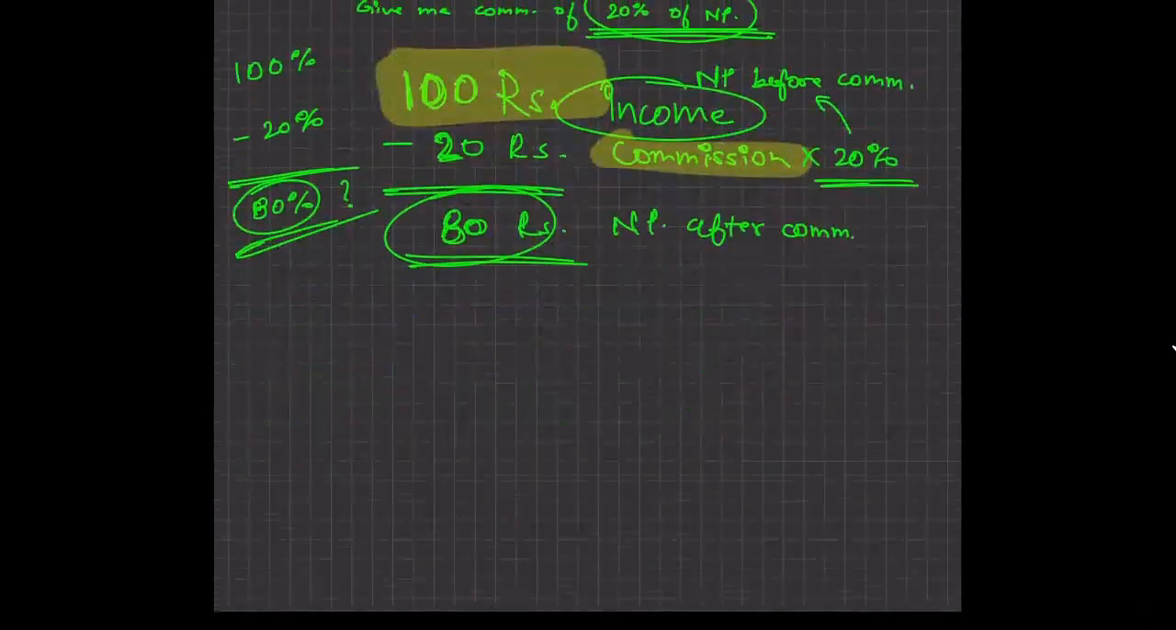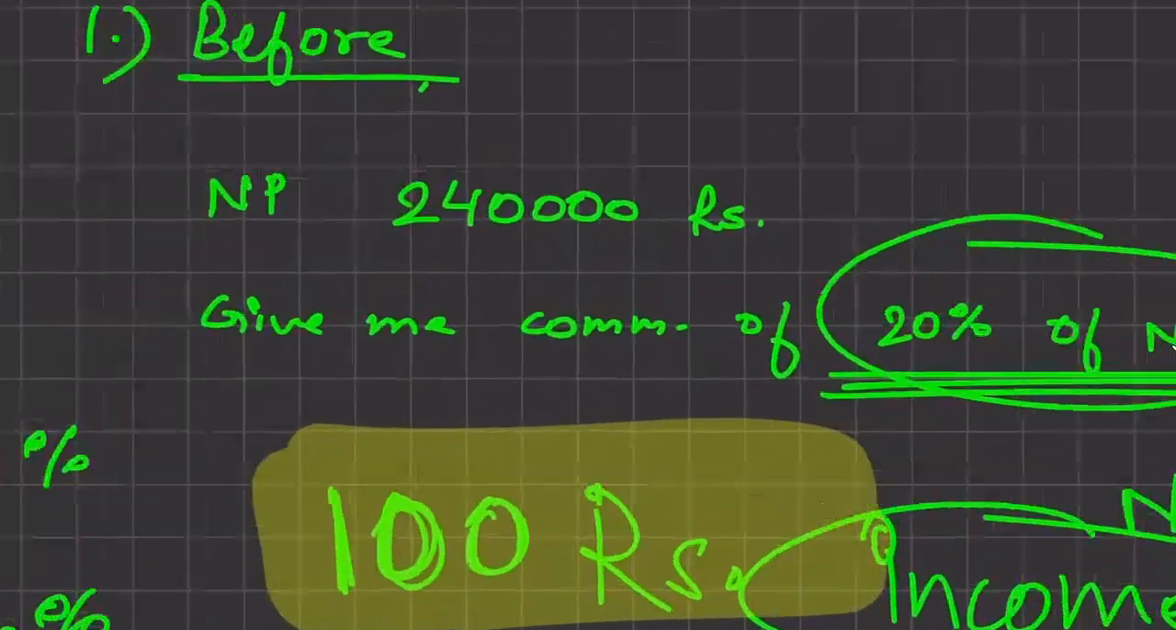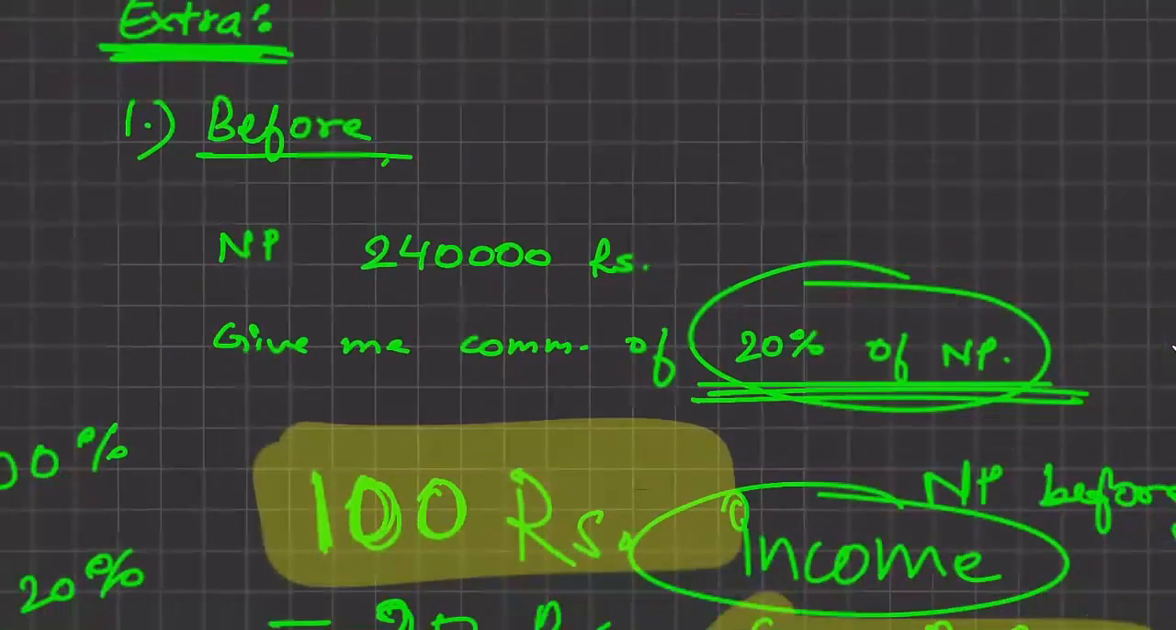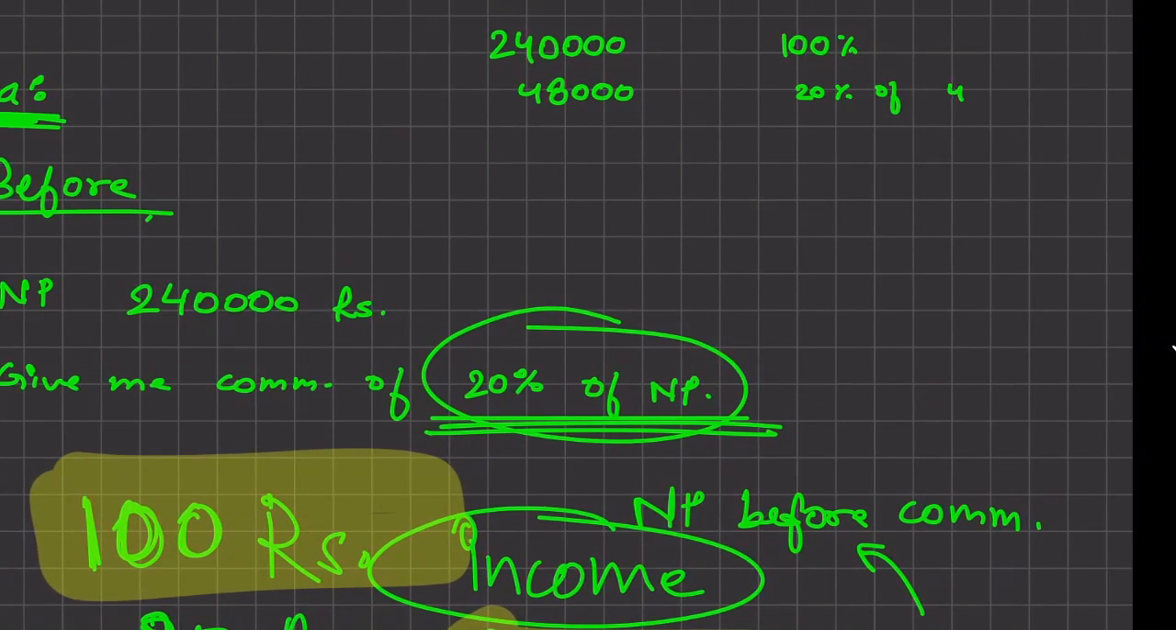So in my example, I have a net profit of how much? 2,40,000. My net profit is 2,40,000. So can I say this 2,40,000 is 100% of my income, out of which 20% I need to give to my agent? That is 48,000. 20% of 2,40,000 would be how much? 48,000. And the balance would be